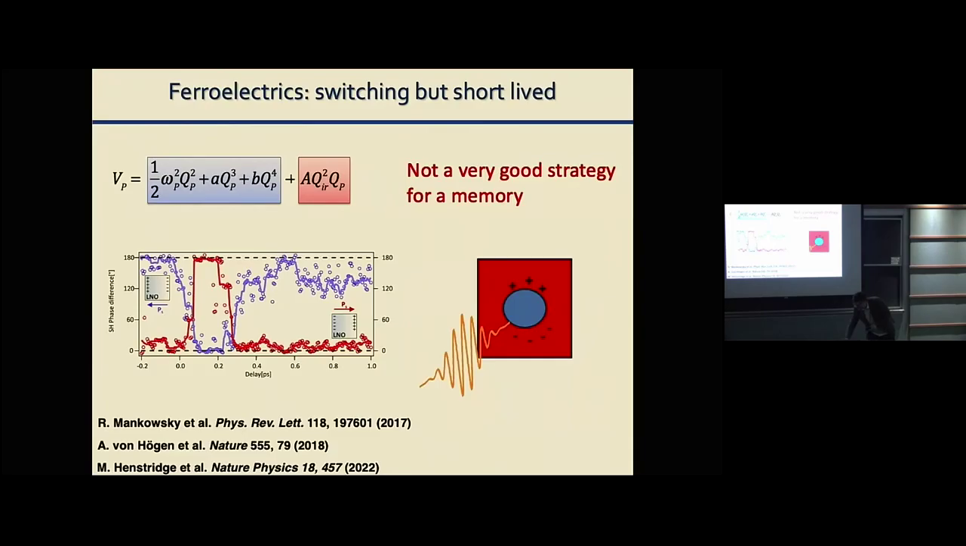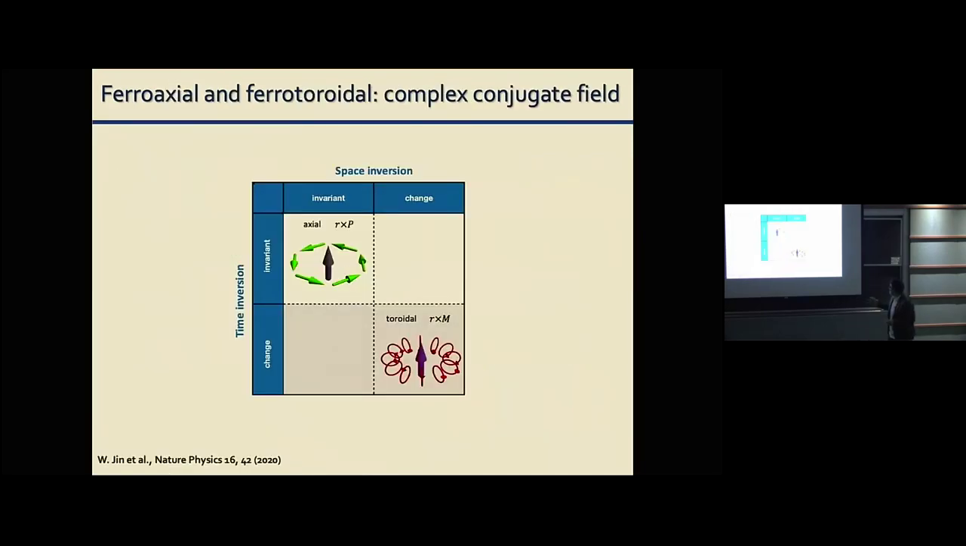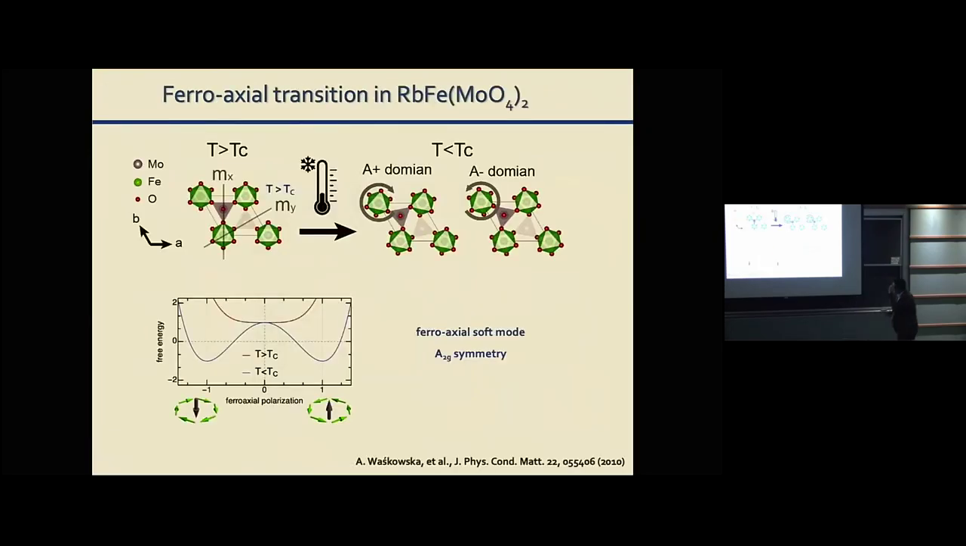Now, what's very nice about the ferroaxial order is that the conjugate field is some sort of curl of E. It's a complicated field that doesn't really have clearly uncompensated dipoles or uncompensated charges. And that's why it's also very difficult to manipulate. You can't just apply a field or apply a magnetic field and rotate it. So with these things in mind, we set out to try to find a way to